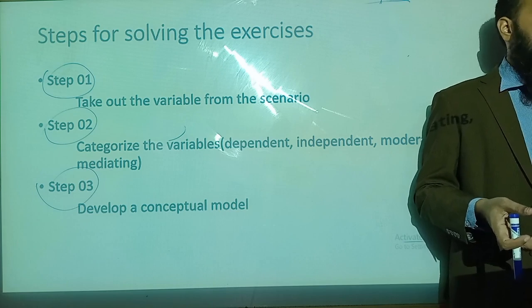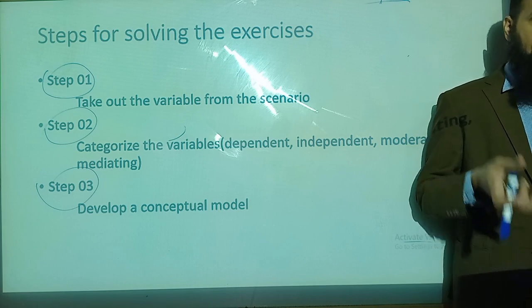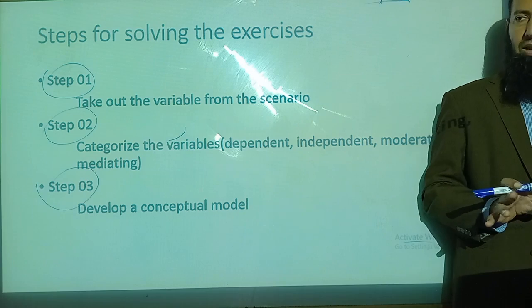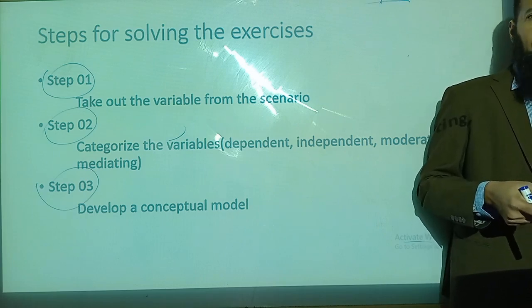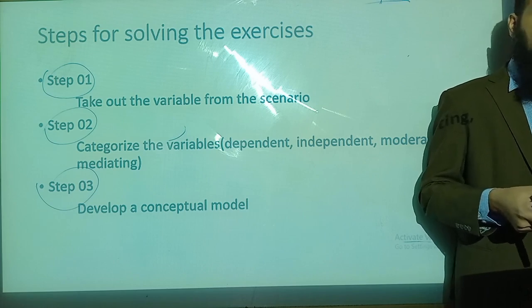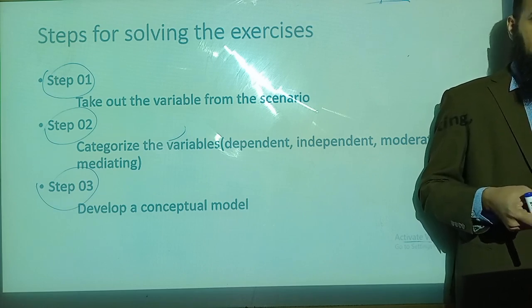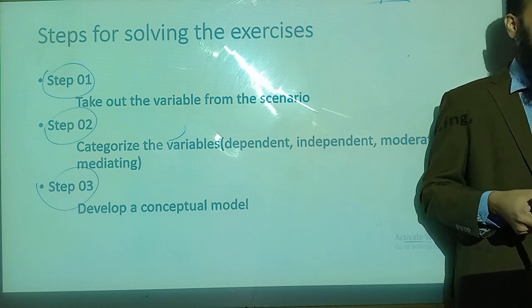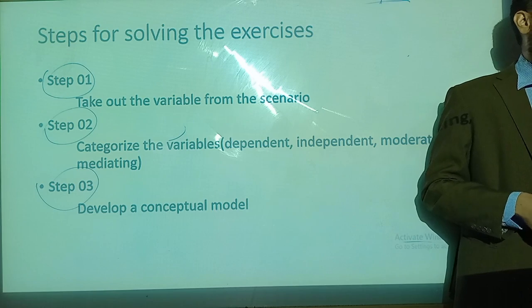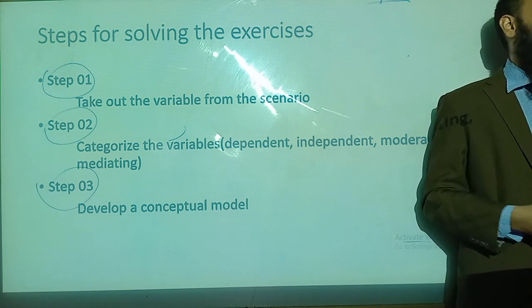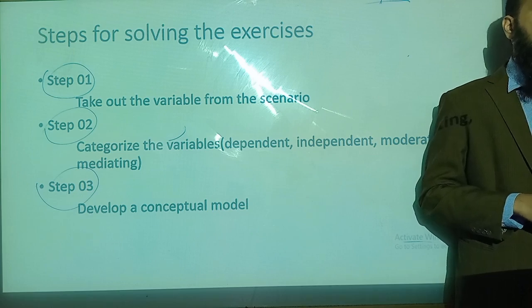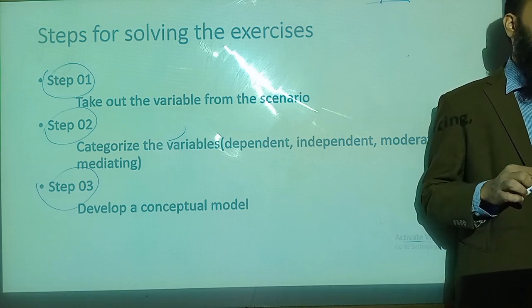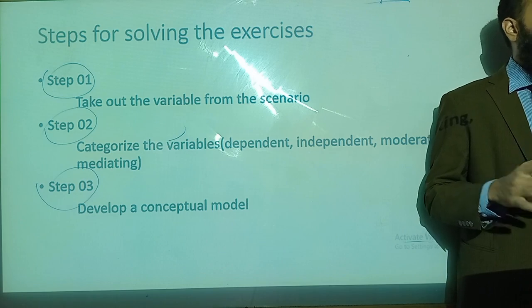Elephant is not a variable. Elephant height is a variable. Weight is a variable. Cycle is not a variable. Cycle weight is a variable. Yogurt is not a variable. Yogurt taste is a variable. Shampoo is not a variable. Shampoo performance is a variable. It's performance. What does it do? Quality. So you see, the variables are the ones which represent the characteristic.